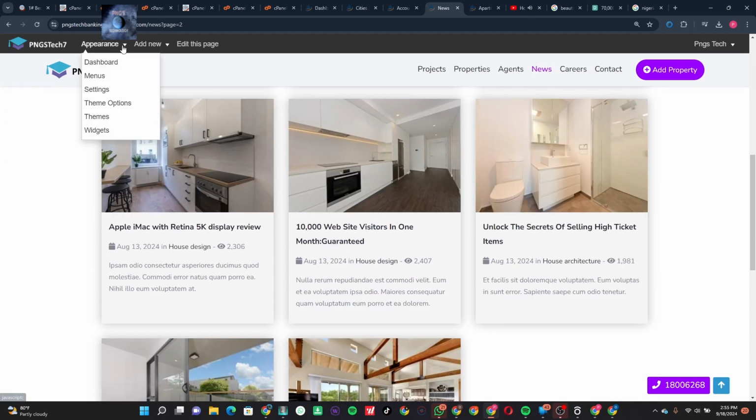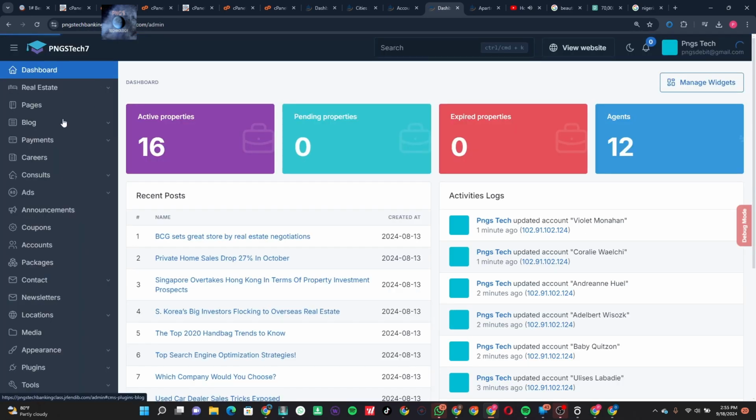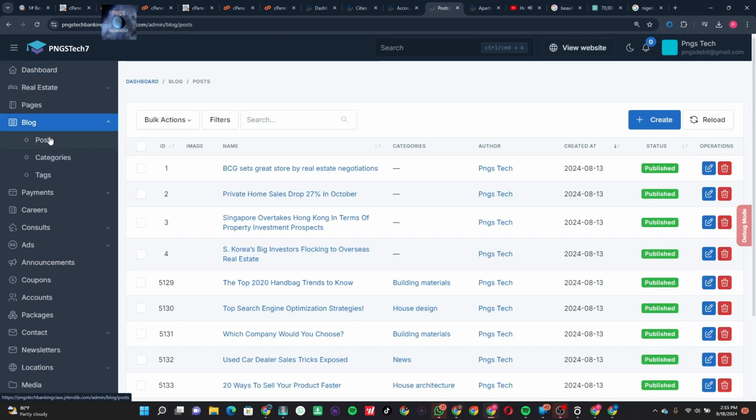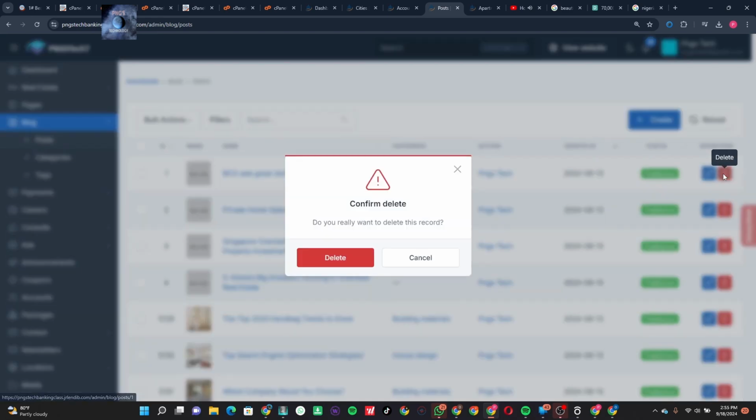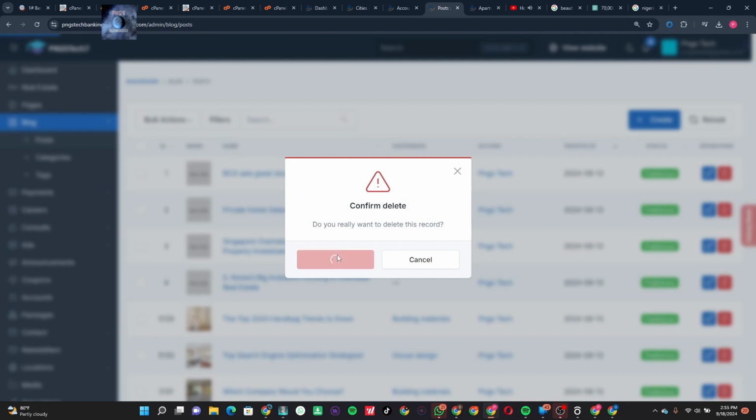So let's go back to our dashboard and let's go to the blog so that we can actually edit those ones that do not have a cover photo. So you can see them right here. So can we just go ahead and delete them? I'm not sure if we actually have this error, so the next thing I'm gonna do,